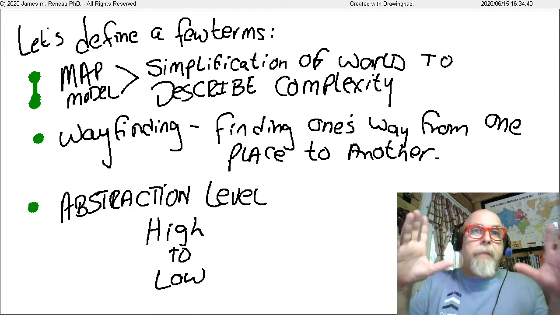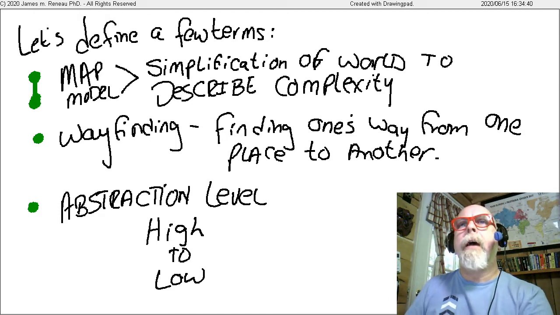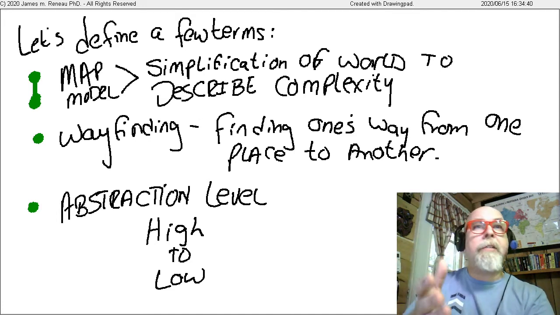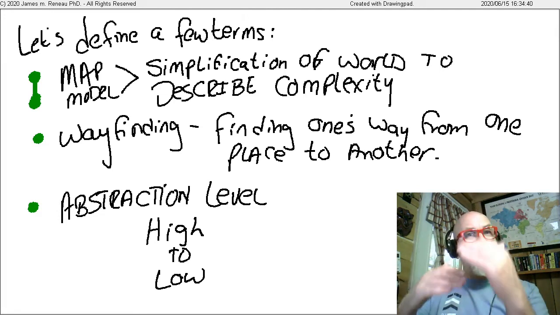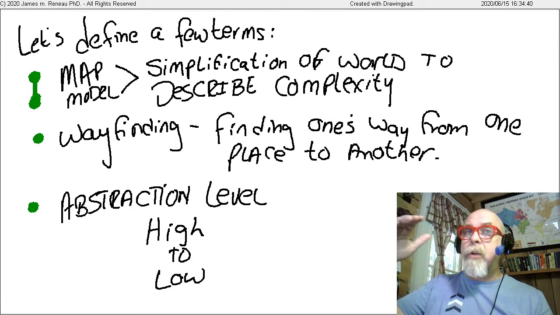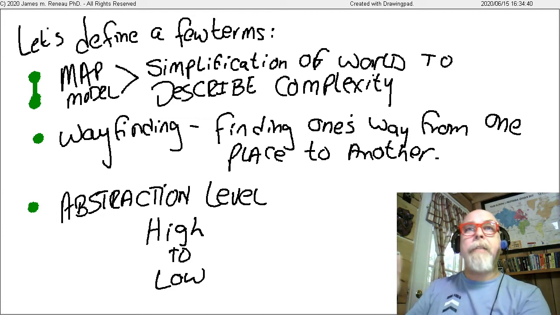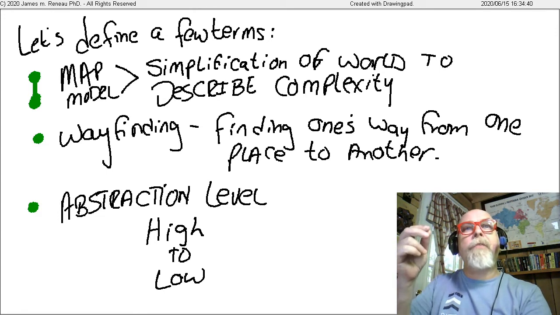Wayfinding, because what is a map but a two-dimensional piece of paper model like the one hanging on my wall behind me? Wayfinding is the process of using a map or a model or a tool to find one's way from one place to another. If somebody gave you a printed out list and said, go to here, turn at this street sign, go to here, turn at this building, go to here, turn at this landmark, well, that would be wayfinding, wouldn't it? It's another map or a model. It's another type of simplification, but it's a very specific simplification because it's a simplification of how to get from